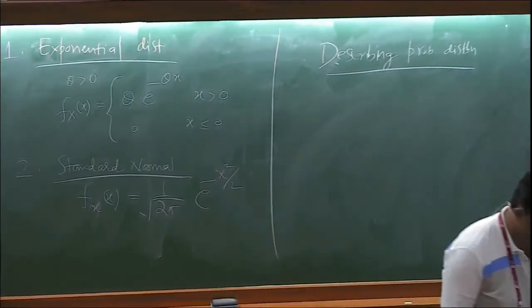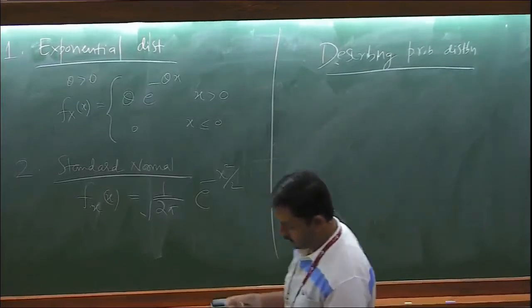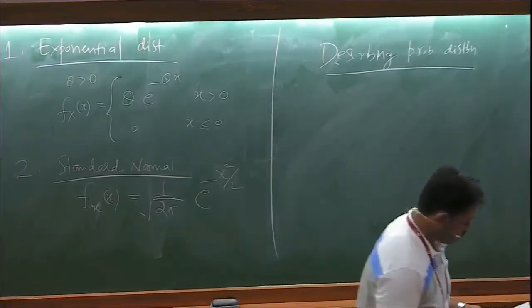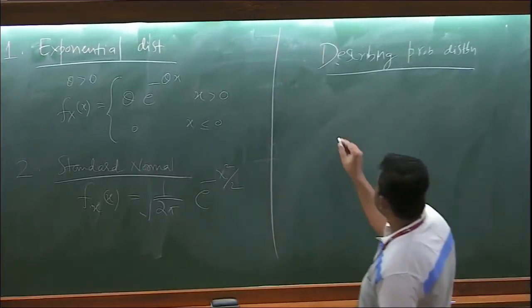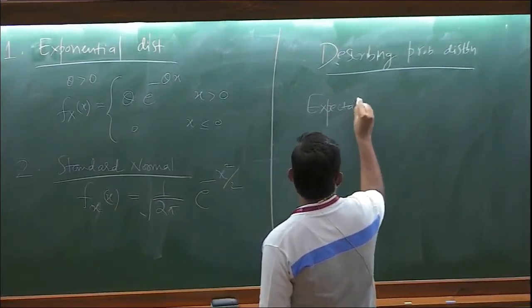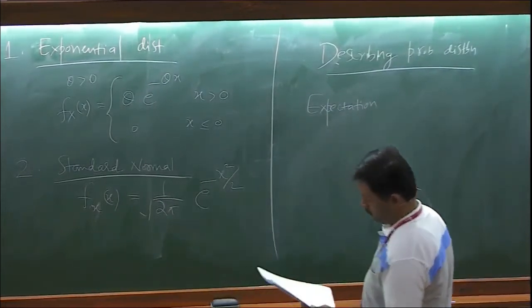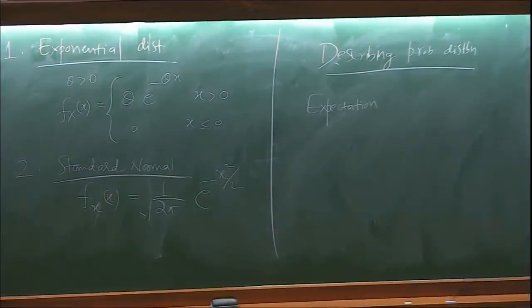So what you do is to resort to coarse-grained descriptions. A few numbers which can characterize where the distribution is located, how much it has spread, and so on and so forth. These are essentially what are called the moments of the distribution. So the first moment you define is what is called the expectation. That's sort of the center of gravity of the distribution.